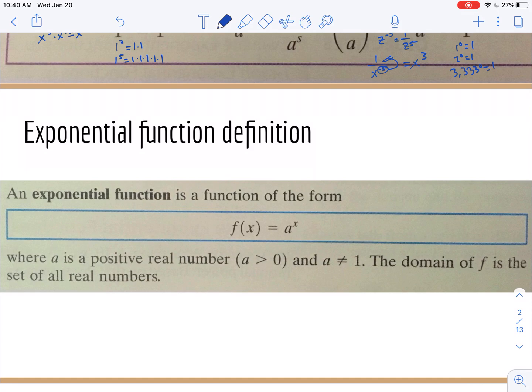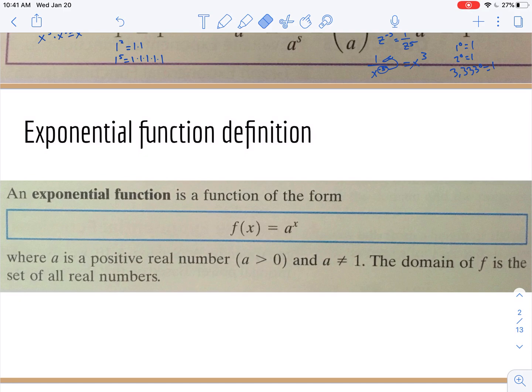An exponential function is a function of the form f of x is equal to a to the x power, where a is a positive real number and a does not equal 1, because again, if a was equal to 1, if I said 1 to the x power, this would just be the same thing as saying f of x is equal to 1, because no matter what number I put into x, your value will always be 1, so that's just a linear function. So a can't be equal to 1, a has to be a positive number,